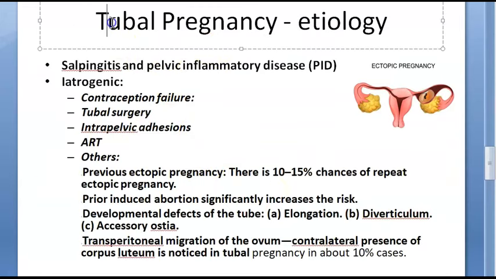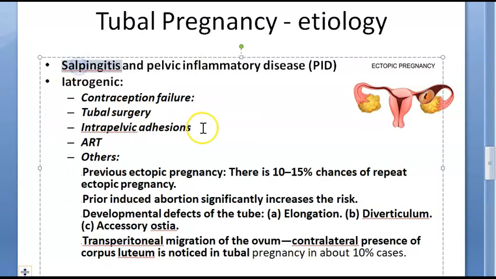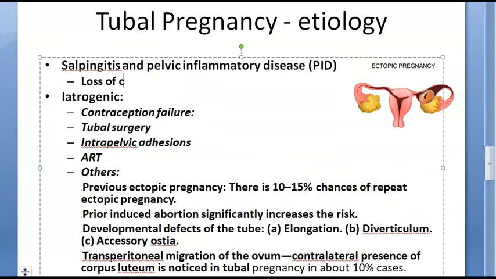So now let us come to the tubal pregnancy etiology. Basically, salpingitis, pelvic inflammatory disease. That means these people have some inflammation of the tube. So because of this, what will happen? There will be this loss of cilia, like we told you. Okay, this will lead to loss of cilia, which are supposed to help the oocyte to move towards the uterus, right? So loss of cilia of the lining epithelium and impairment of this muscular peristalsis. Narrowing of the tubal lumen.